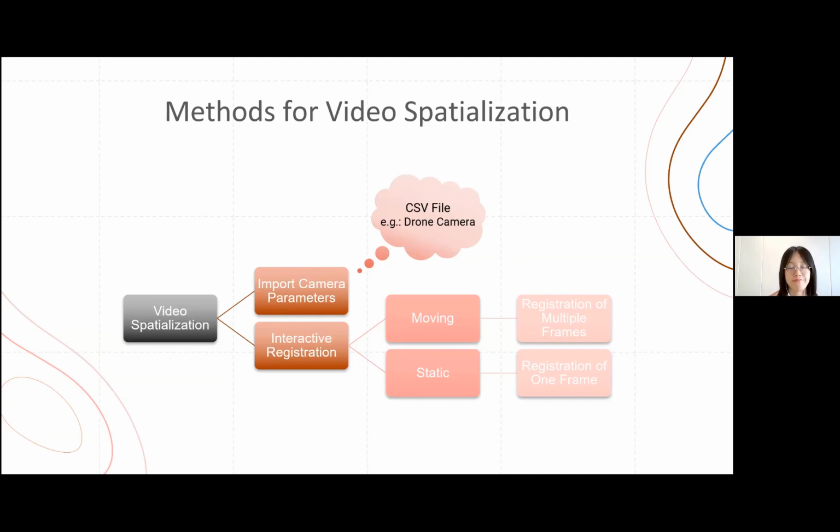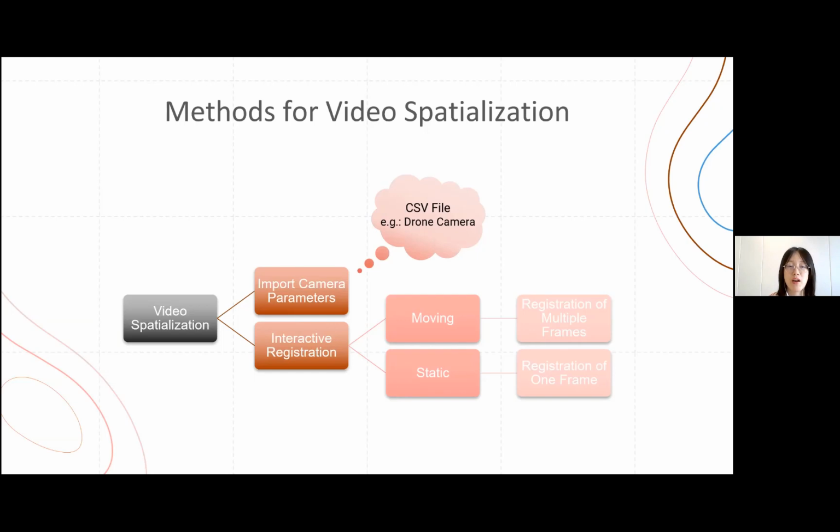In other cases, if you simply use your own camera or your own mobile phone to take a video, then for such kind of video, you can't get the exact or precise camera parameters. And in that case, here we have another solution to assign coordinate systems to such kind of video file,